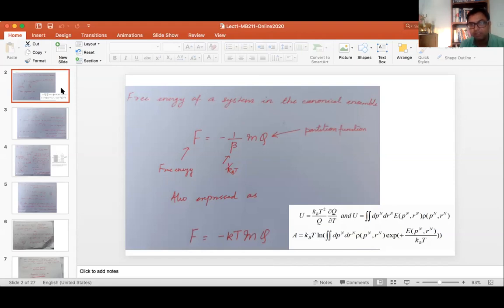And as a result, even though the higher energy states are less probable, because the exponential term is a large term, you end up having a significant contribution to the overall free energy average, or ensemble average. If you ignore the higher energy terms, then you end up getting erratic free energy.